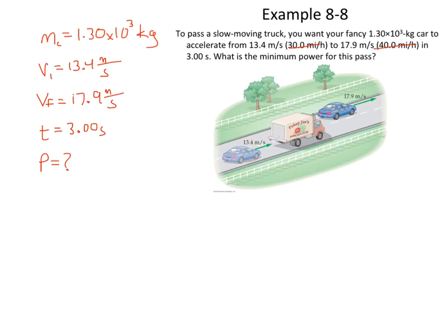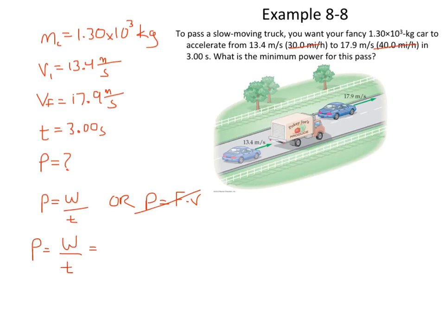Well, let's ask ourselves, what is the definition of power? You can think of it as 2 ways. Power equals work over time, or you could say that power equals force times velocity. Well, we do have some velocities right here, but we don't really have a force. So I'm thinking we're not going to be using this version, but we are going to be using this version right here because we do have time. Now the question is, what work was being done? Power equals work over time.